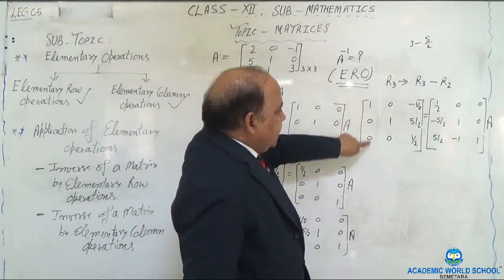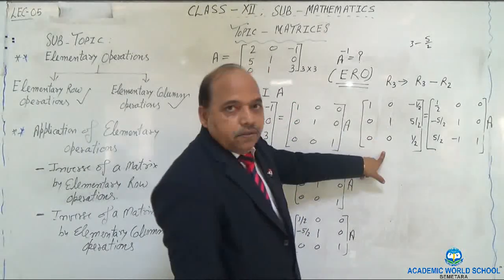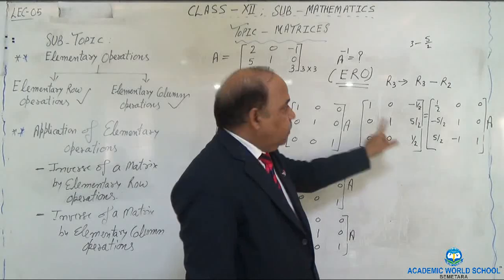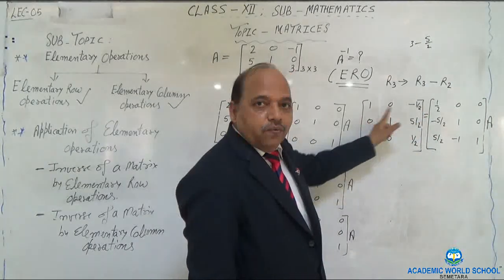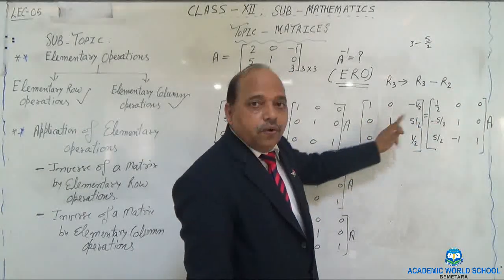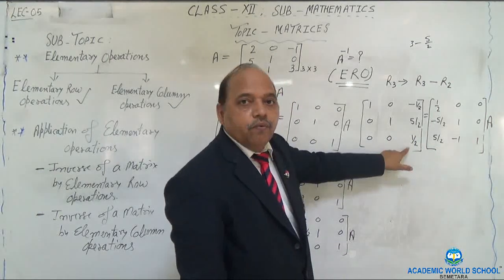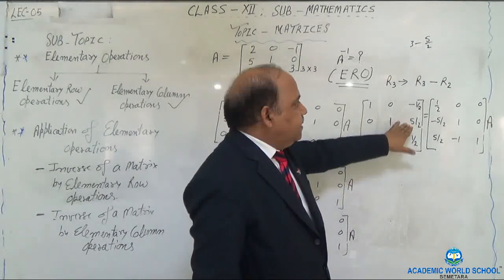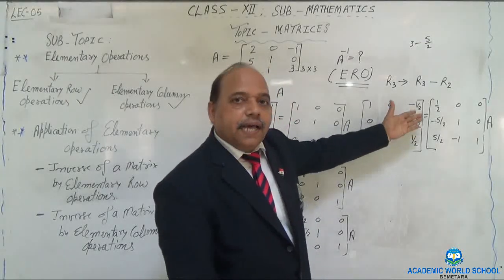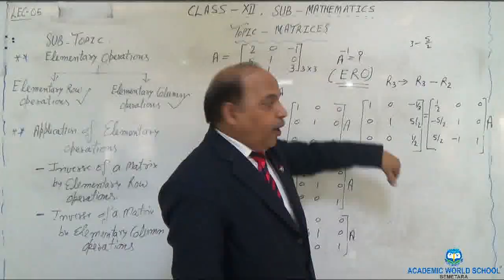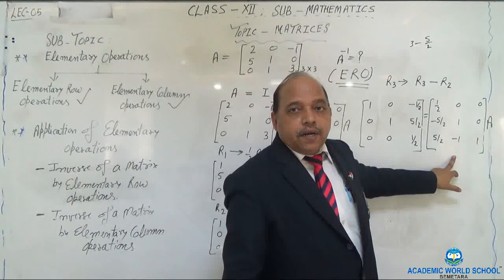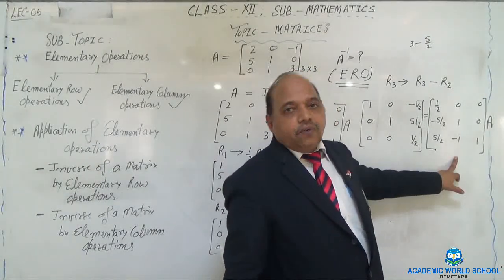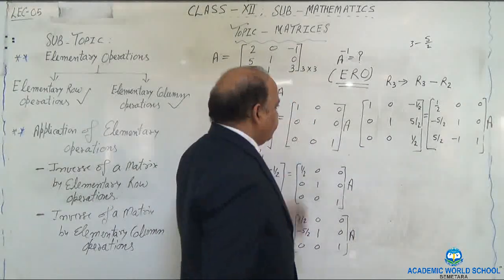Now, please be very careful. We have arranged this. Now what is left? We need to bring 1 over here. 1 0 0, 0 1 0, 0 0 1. We need to bring 1 over here. If I bring 1 over here and then make this 0 and this also 0, then our job is done. And at that point of time, whatever shape or form this gets, that will be the inverse of the required matrix. So let's do that also.